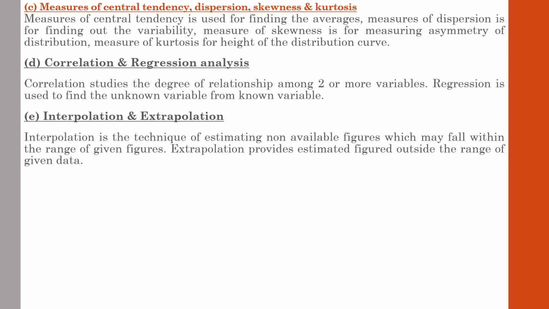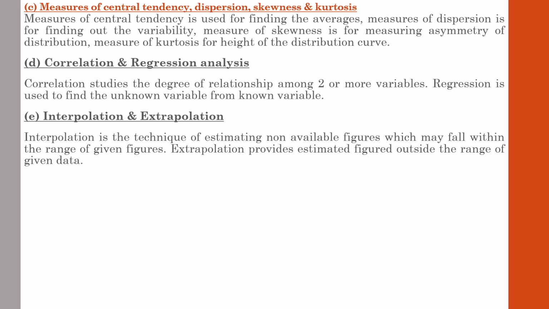And how did you identify that it was 40? Through the concept of interpolation, because interpolation is the identification of an unknown value that comes within the range. Within the range was the class that begins from 0 to 10, and it goes like 10 to 20, 20 to 30, 30 to 40, 40 to 50, likewise. So we were dealing with an unknown value that was within this range. Range means within these numbers. That is why we were able to find that unknown value. So the concept of finding an unknown value or non-available figures that come within the range is known as interpolation.